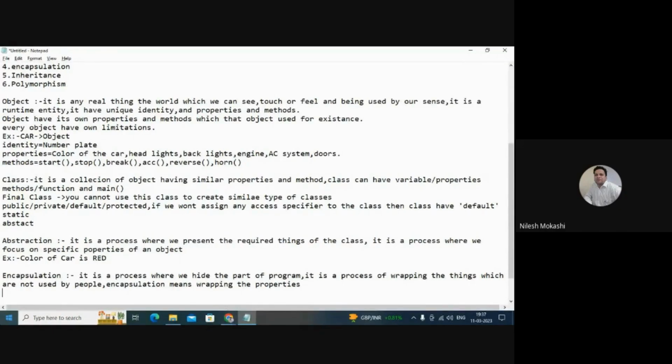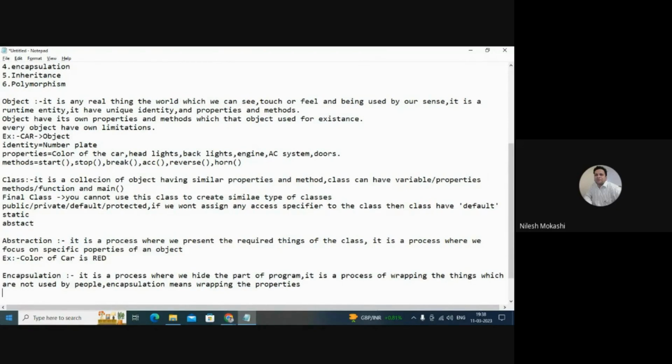Can we see the engine of the car? No, because it is hidden inside the car. That is what encapsulation is. Abstraction is presenting the things which are required, whereas encapsulation is hiding the things which are not required. Very simple. Or you can say wrap the things which are not used by people.